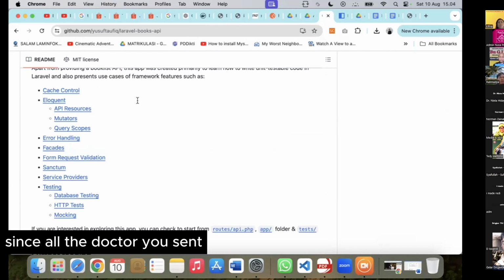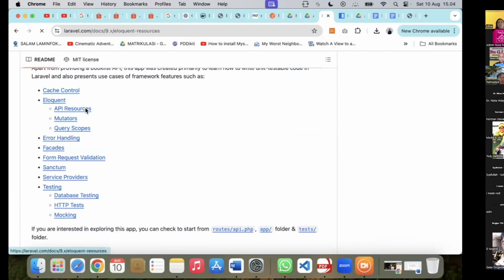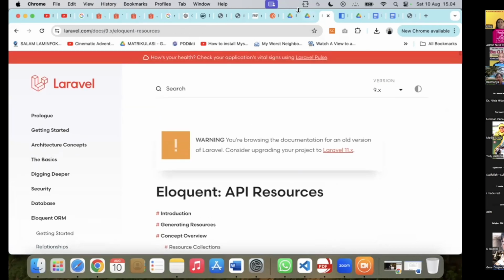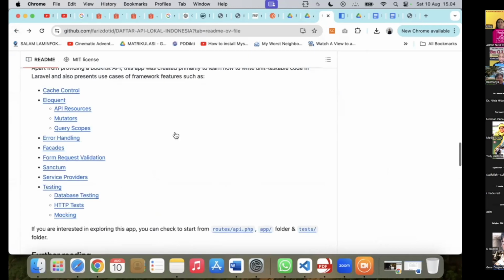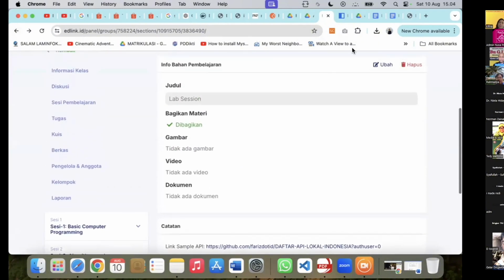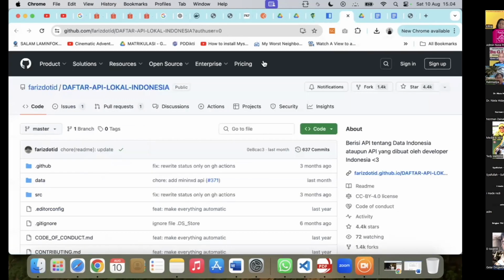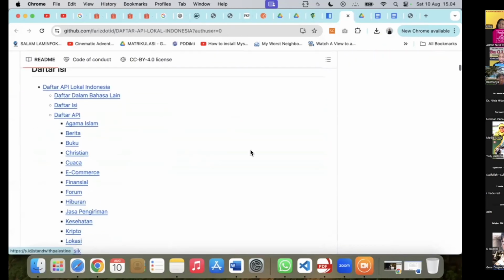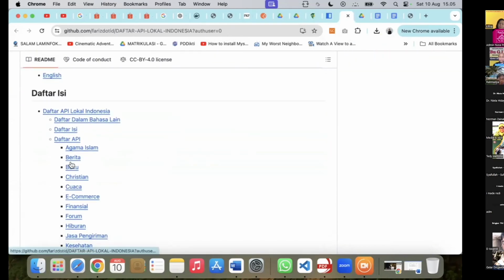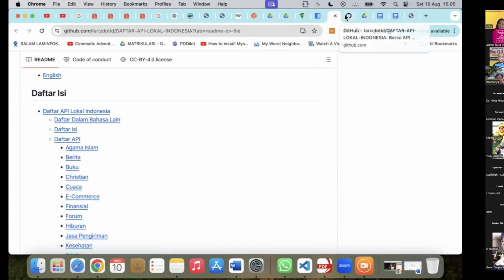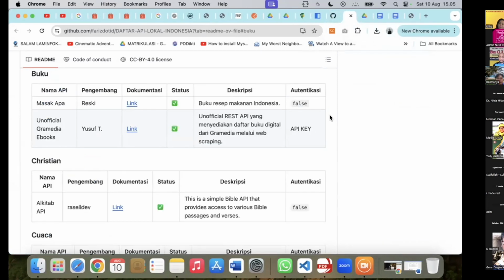This is for Docker usage. Oh, sorry, this is for Laravel framework. Yeah.